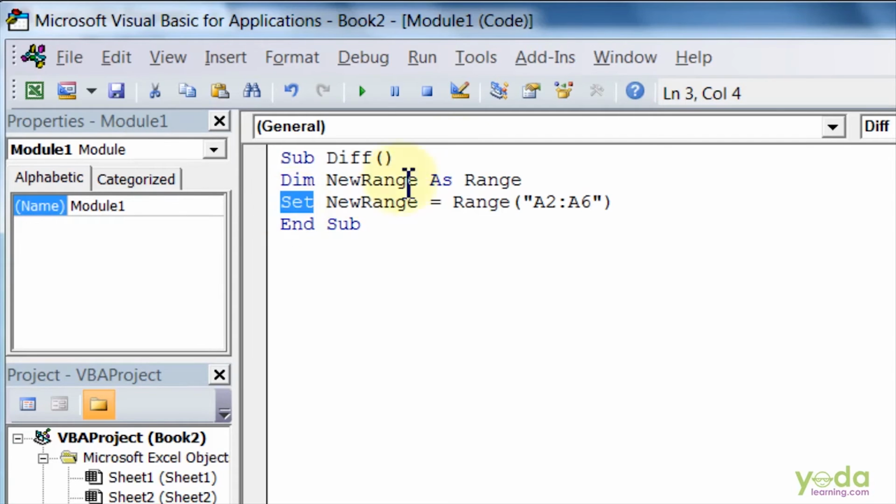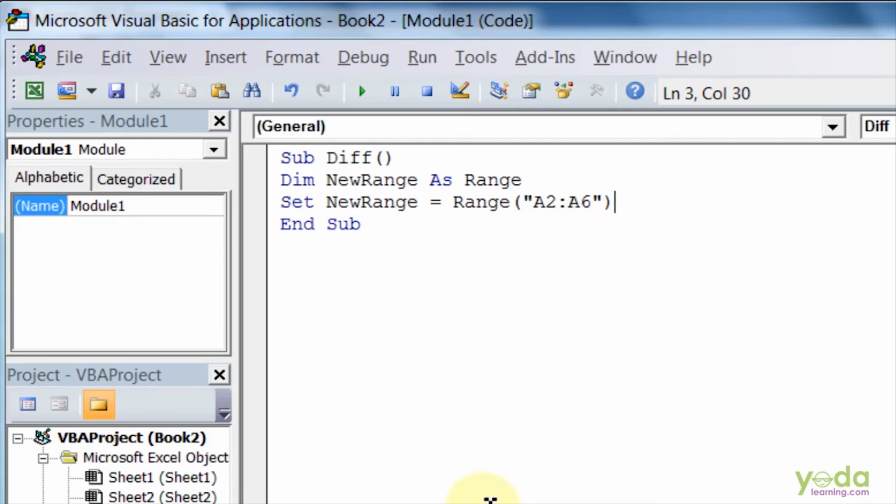Let us take these two lines as an example here. The first line introduces you to the new variable type as range. This object variable type is used to hold a range of cells from the spreadsheets. The next line starts with the word set. Next, you need the name of your object variable, which is a new range for us right now. After an equal to sign, you type what it is trying to set as a new object.